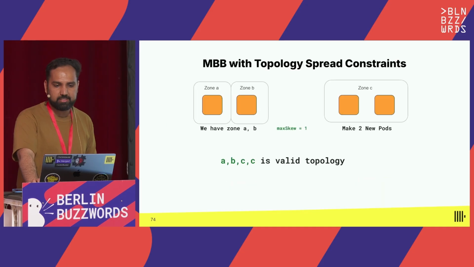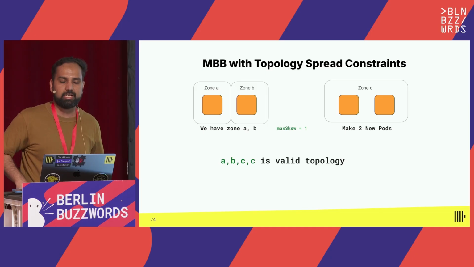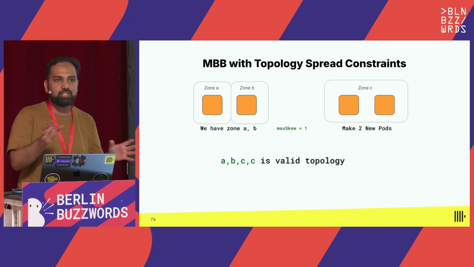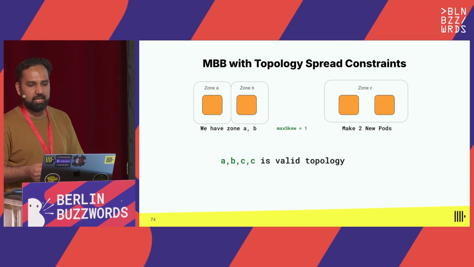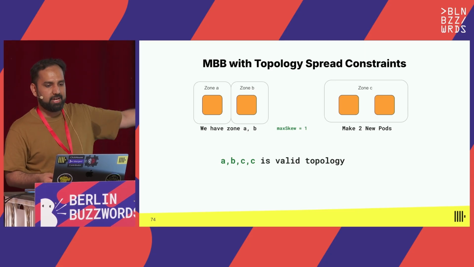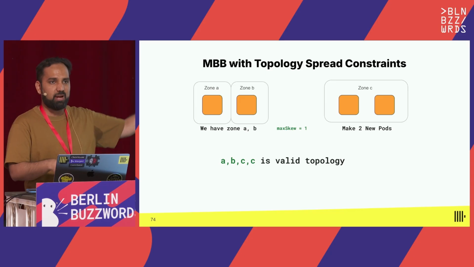Making ClickHouse more elastic, yeah. So some interesting challenges that came along our way, the one I really like is topology spread constraints. The way we provision our ClickHouse clusters is that in a 3-replica setting, you have 1 replica available in 1 availability zone. So as you're adding and removing these replicas, you can have a zone imbalance, right? In this example, we have 4 replicas, 1 in zone A, another in zone B, and 2 replicas in zone C. And this is a valid topology because your max skew is set to 1.